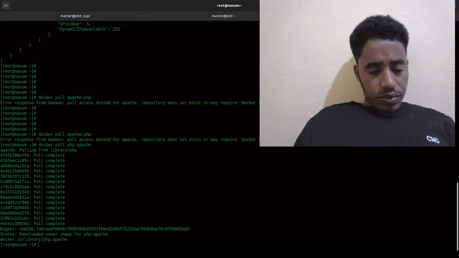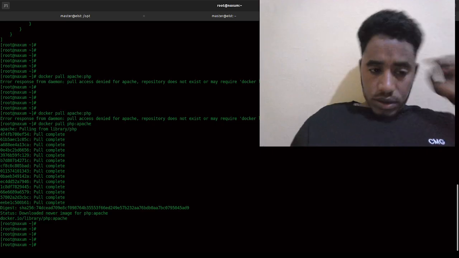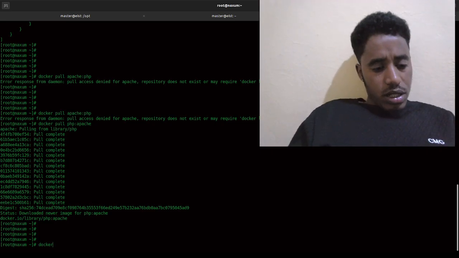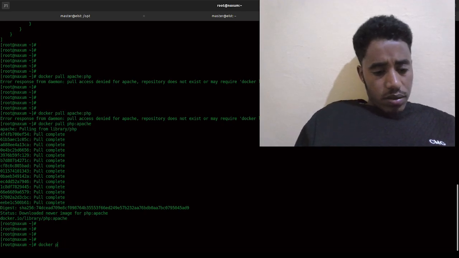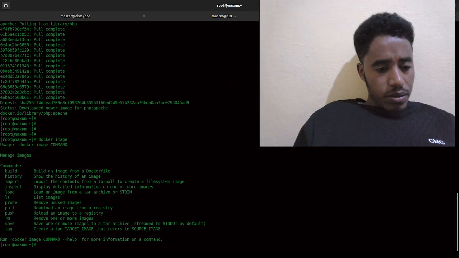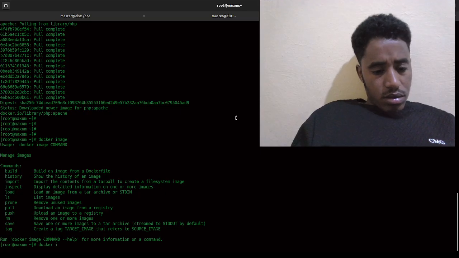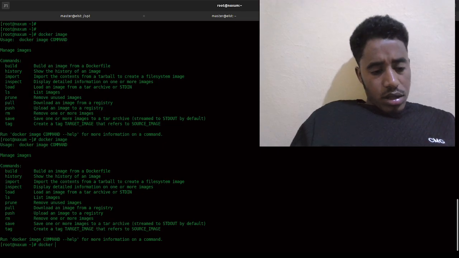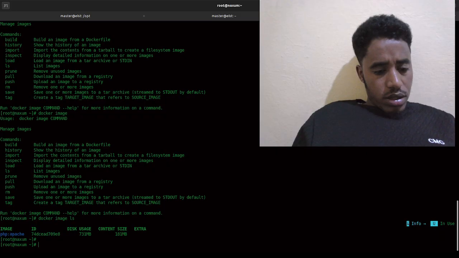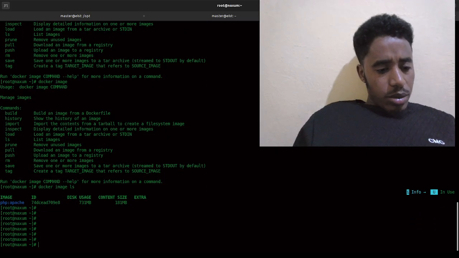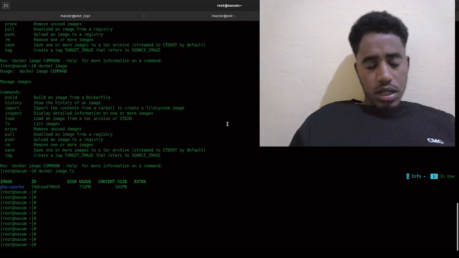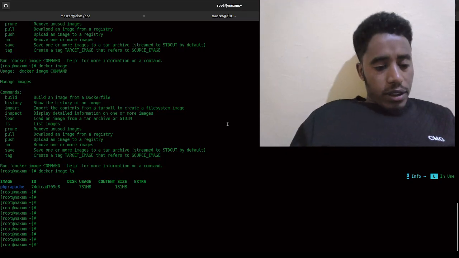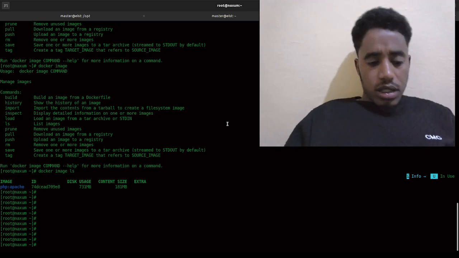So it has finished pulling the Docker image, which is docker images. So here the Apache PHP is pulled,